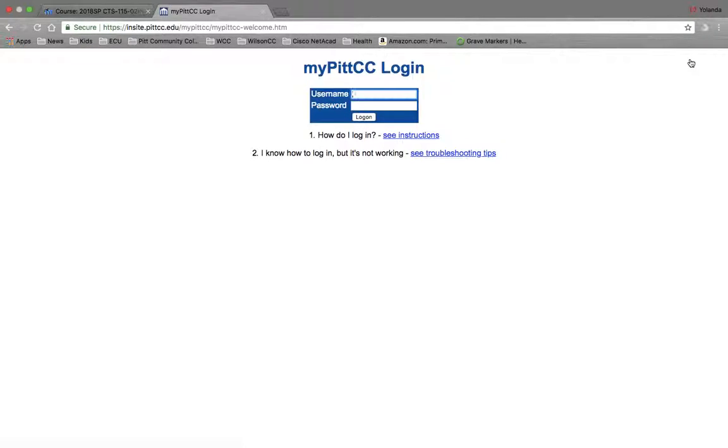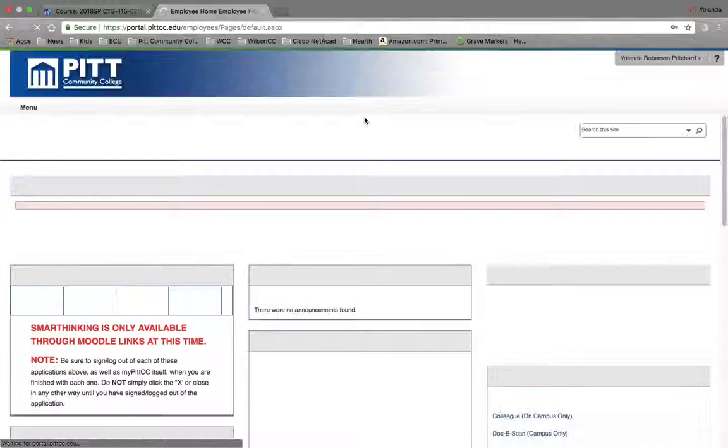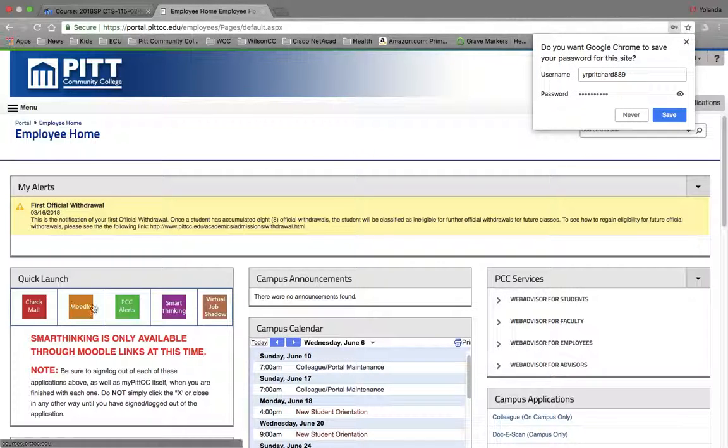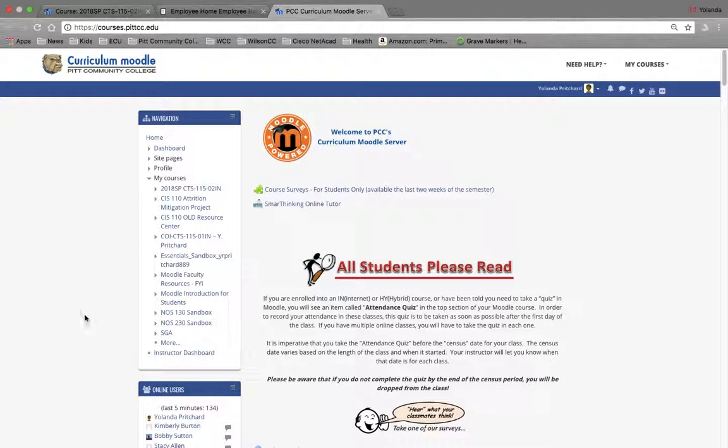Once they click on the My Pitt CC login, it'll ask for their username and password. They can enter that information here. Click on Log On. And once they're at the portal, click on the Quick Launch Moodle link. Mine came up a little bit different, but once they get to the Moodle link, they'll be asked to log